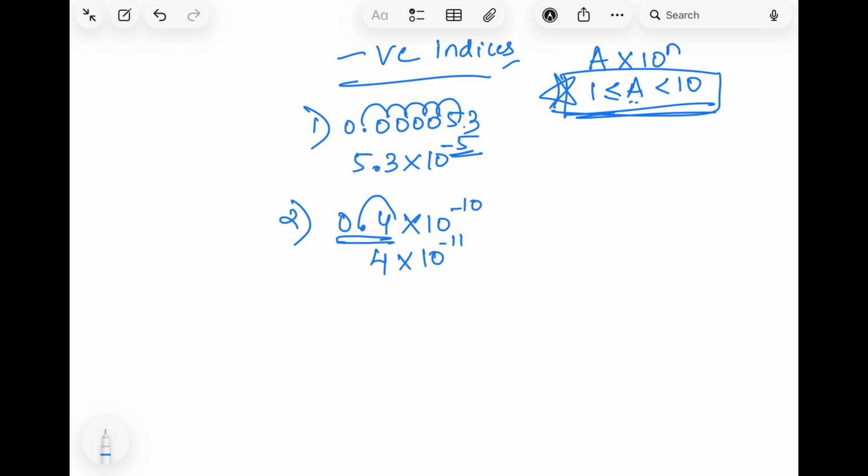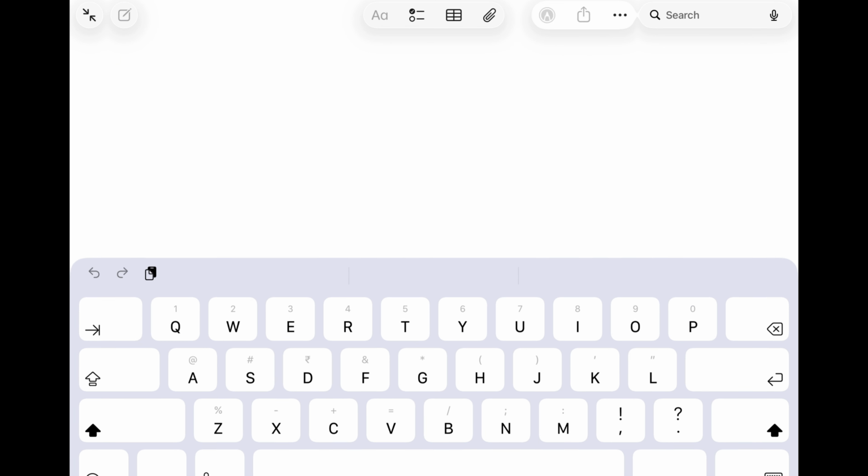So this is how you convert any answer which is in a simple form or given in a different form into standard form for negative indices. So positive indices, negative indices, and standard form are done. Now there are two more laws which we are going to learn, and those two laws are used for different indices. Those are